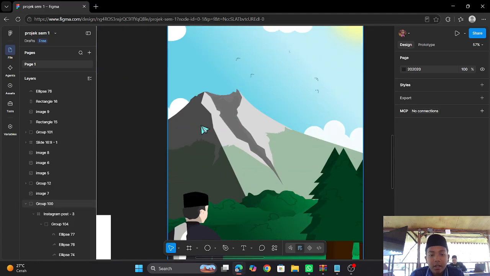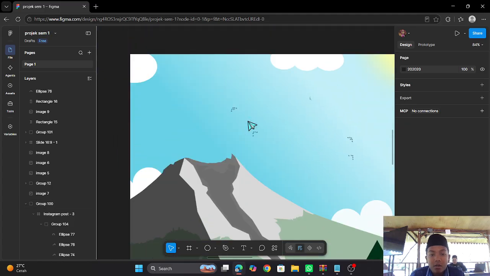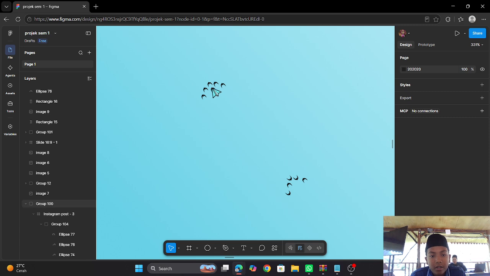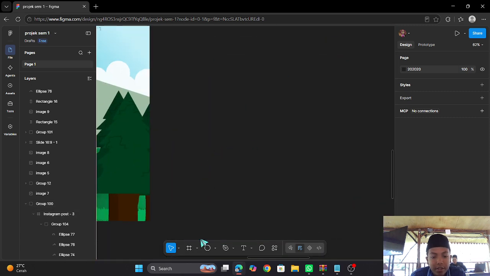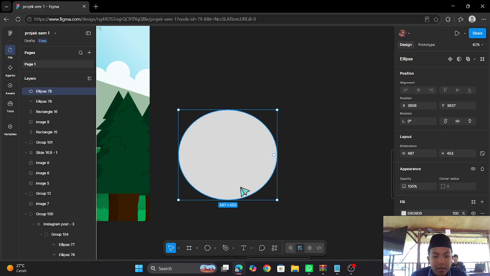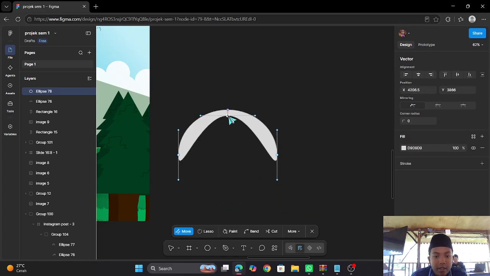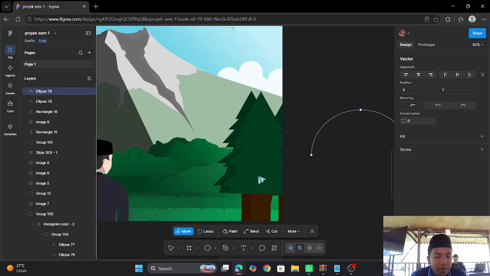Okay, now how do I make these birds? Actually, I make this bird really simple. Only this. You make it like this, and then shape it like how you want.